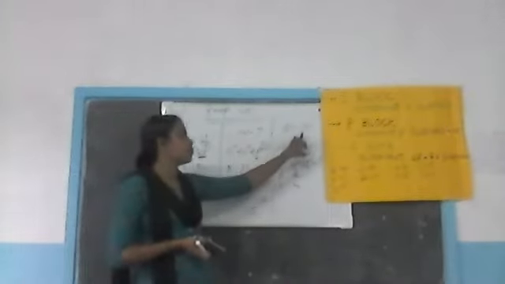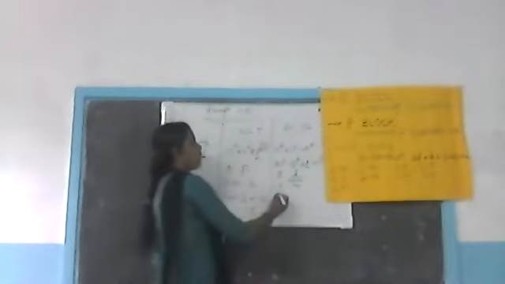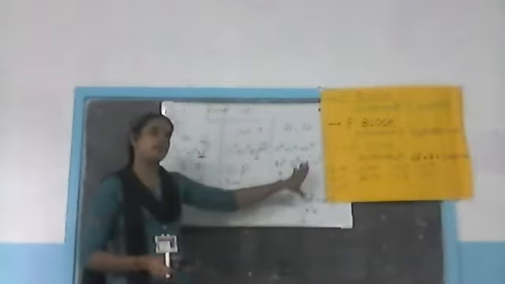Next one, d block elements. If we are going to find out the group number of d block elements, we have to add the 3d and 4s electrons. So what electrons do we have to add here? 3d and 4s. What is the number of electrons present in the 3d level? 1. What is the number present in the 4s level? 2. So the total number of electrons is 3. So 2 plus 1, 3. So group number is different for different blocks, but period number is common for all the elements.